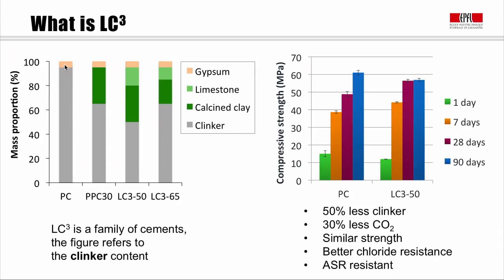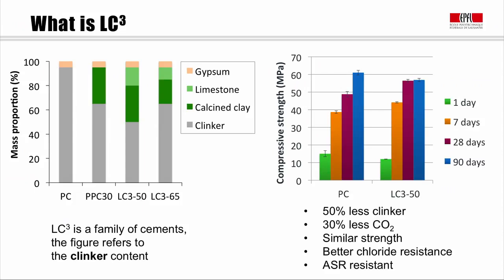When we have typical Portland pozzolanic cements, as shown here, we will have about 70% clinker and about 30% of pozzolan, which can be typically something like fly ash, but can also be calcined clay. And usually, because of the reactivity of these pozzolanic additions, 30% is the maximum level of addition we find in